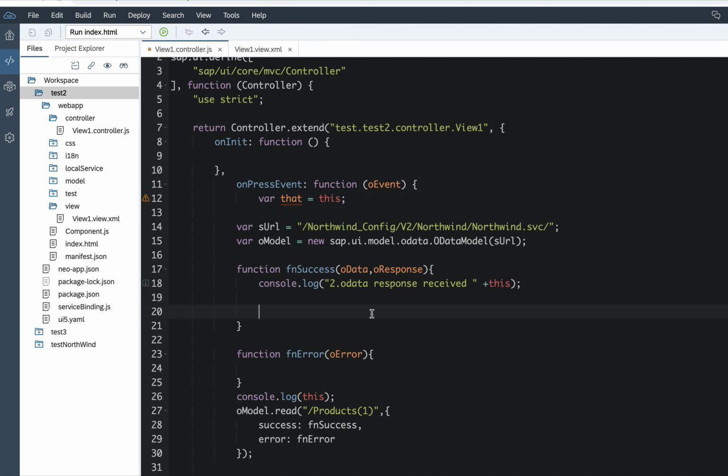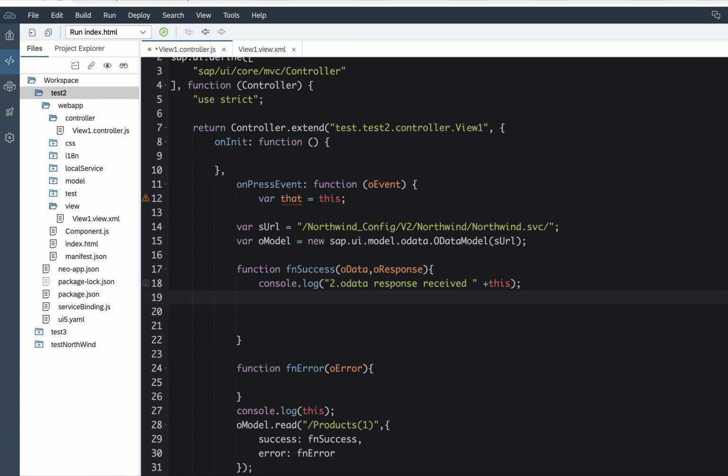Whenever I am not able to access this object inside my OData method call, I can always access the current controller instance or the view object via that variable. So let's do that. Let's say console.log(that).